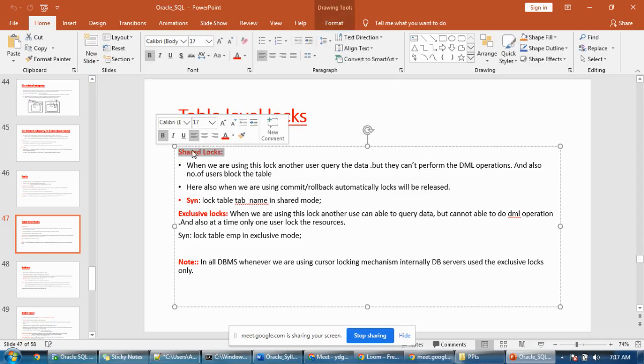But the problem here is we cannot control. I can lock, you can lock, somebody can lock. If that happens, everybody should release. Otherwise, nobody can do the DML operations. Okay, there will be some dependency. So we cannot give control on the entire application. So for that, Oracle provided one more lock, the exclusive lock, but still this shared lock can be used for migration